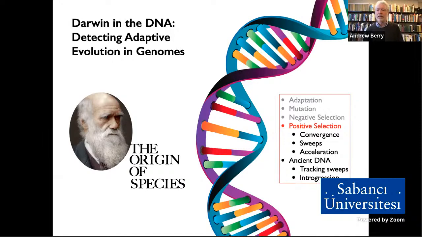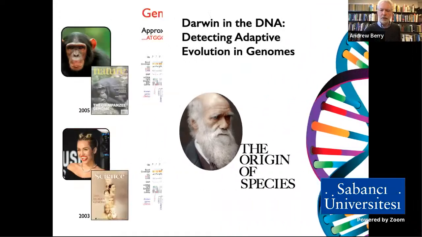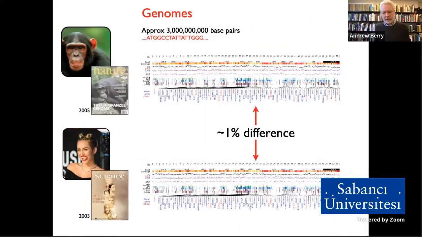So how do we identify the events in the history of life that have resulted in positive selection? Well, you might say, well, it's pretty easy. We can take genomes. Let's take us. I've got Miley Cyrus here as the canonical human being, obviously a good choice. We can take our closest living relatives, chimpanzees. We've got their genome sequence. We've got our genome sequence. We can line them up and play spot the difference.